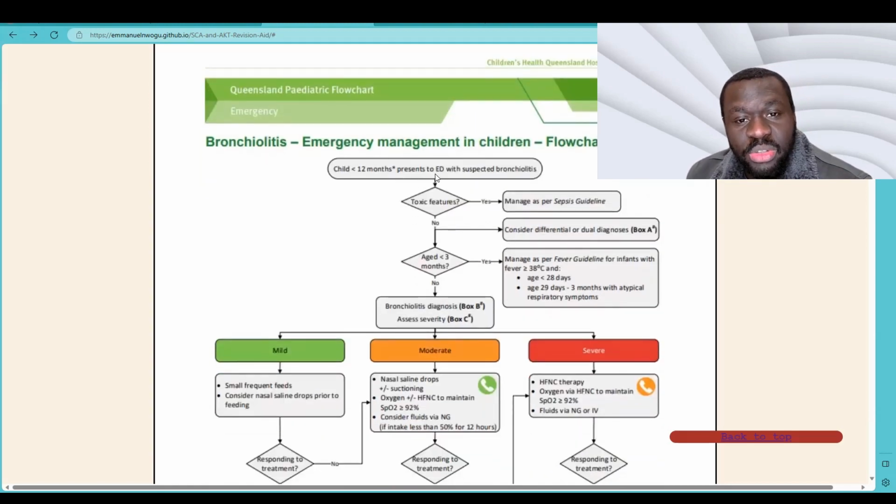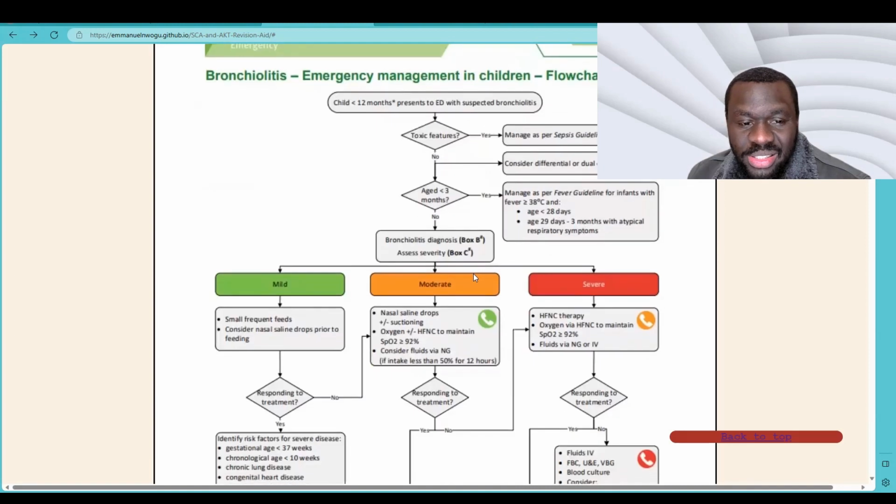So the child is less than 12 months old and presents. This is actually an ED presentation, just for us to see things that are commonly done. The question is, does the child have toxic features? If yes, manage as sepsis. The toxic features would be a temperature of 38,